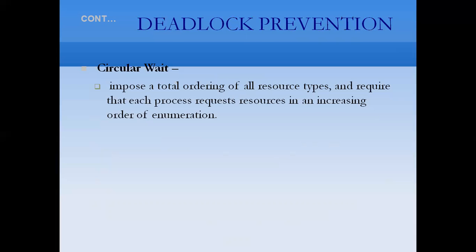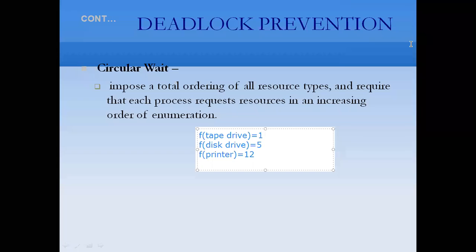Then the function might be defined as follows: for the tape drive 1, for the disk drive 5, and for the printer 12.